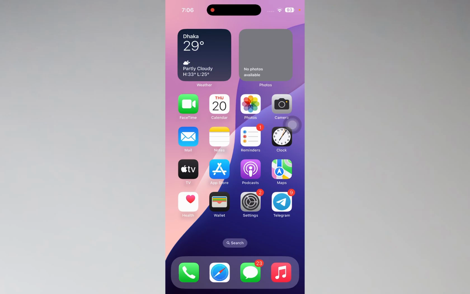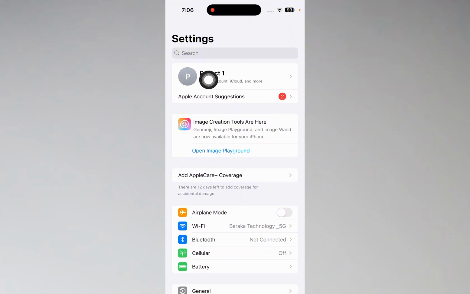Hey there, welcome to our channel, and in this video I'm going to show you how to check your Apple ID account phone number. First you just need to open your settings, then at the very beginning you will find your